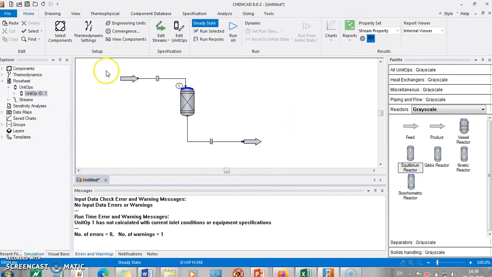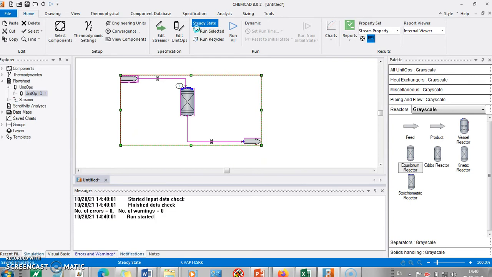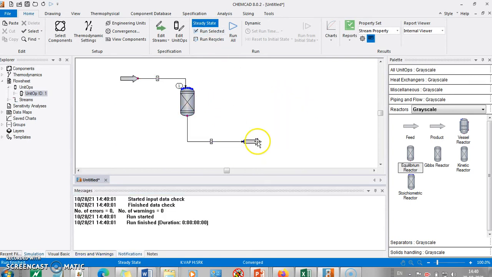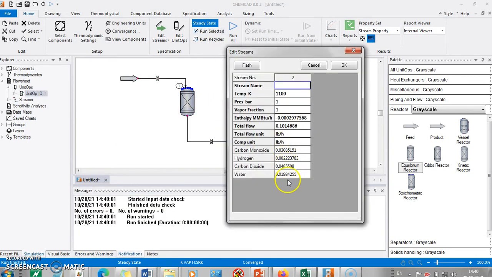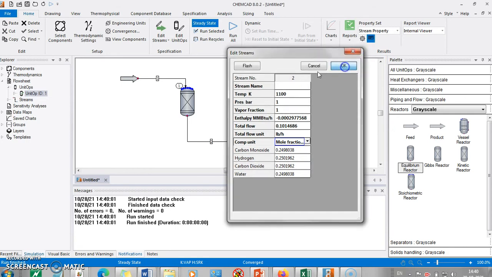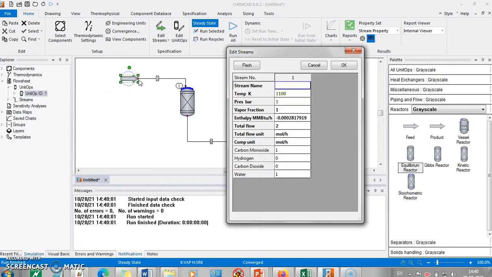So our setup is ready, and we select this and run, and we come here and see what we have obtained. We go with mole fractions. So this is the mole fraction of carbon monoxide, hydrogen, carbon dioxide and water based on the input which we have supplied, right?